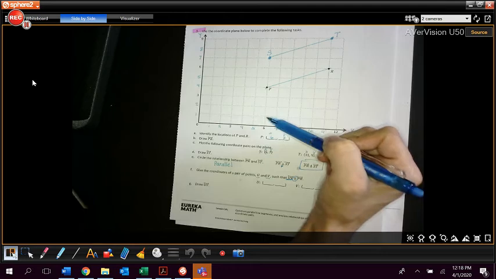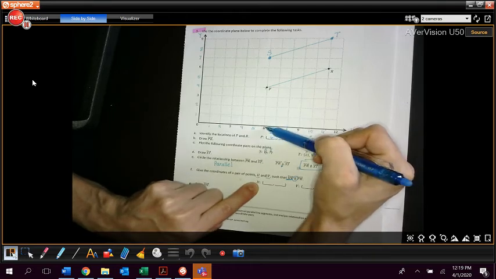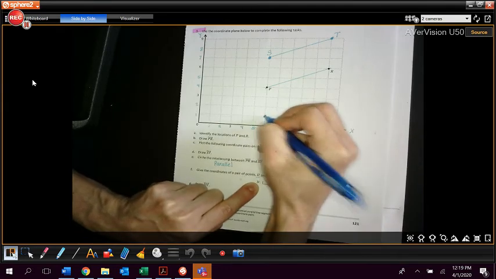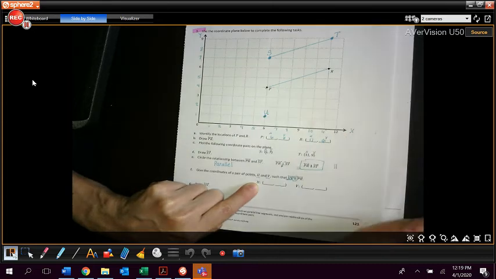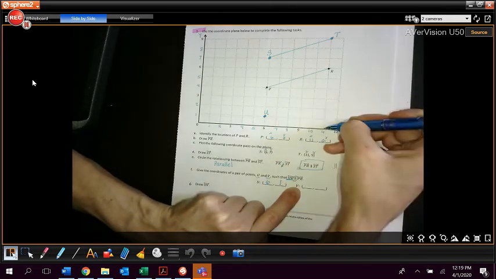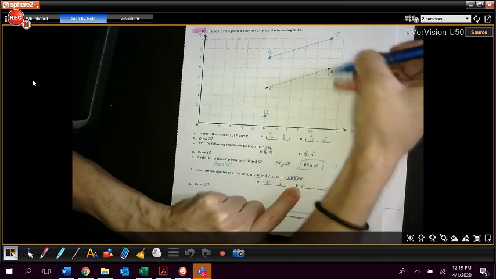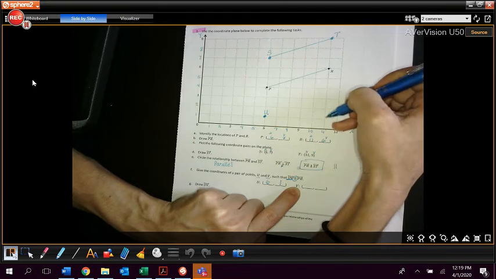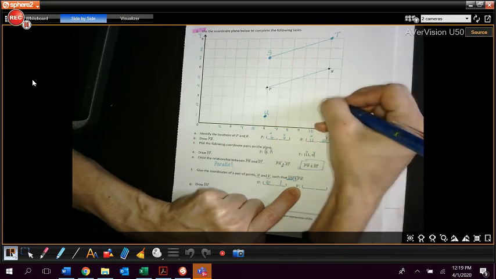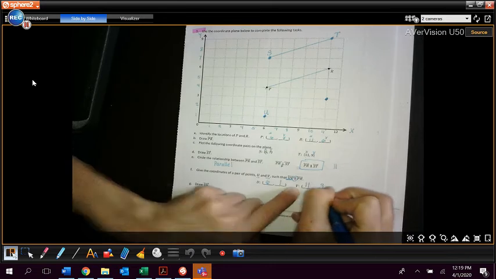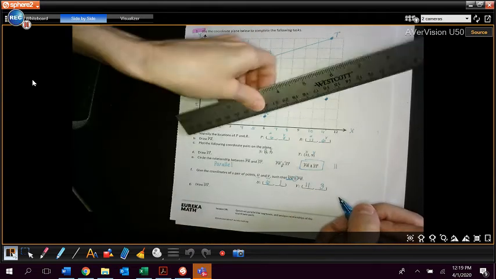So I'm going to start with U. I'm going to use 6 and 1 right here. And I'm going to label that with a U. And I'm going to write this here, 6, 1. And for my V, I'm going to go with 11 because this is where these points are. And I want it to be parallel. But I'm going to stop at 3. So 11, 3. I'm going to use my ruler